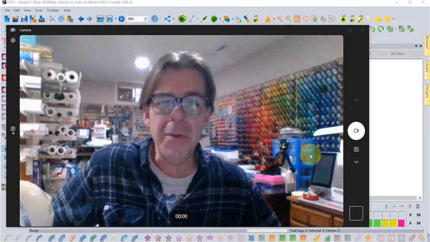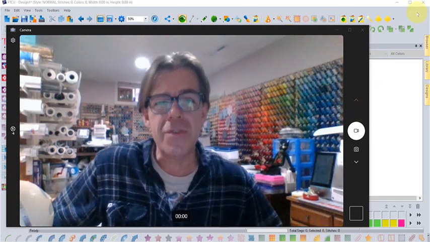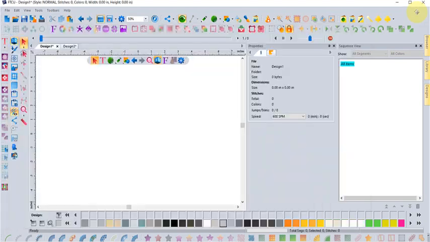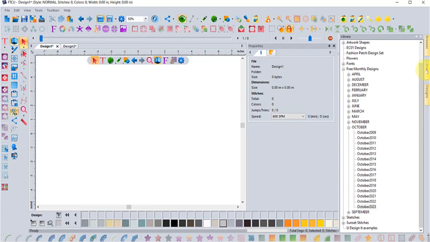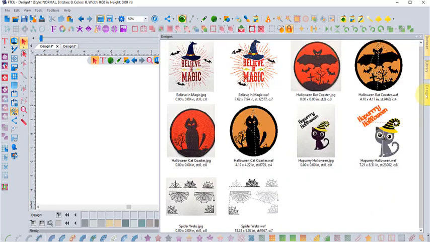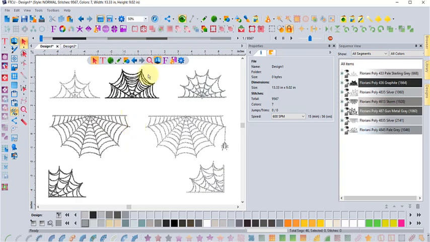And this week we're going to learn about the alignment and the distribution tools. I'll pop over onto my workspace and they're found right here. Of course, they're dimly lit right now because we'll need something to align before we can use them. Let's visit our library tab and select October 2023, where you'll find some cool Halloween designs, including these fun Halloween